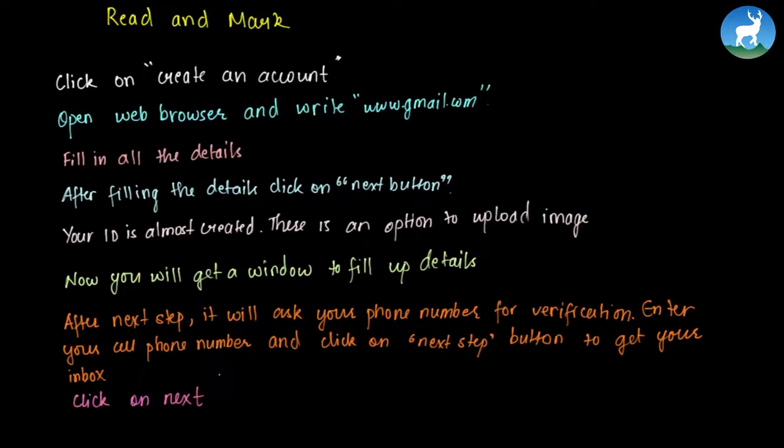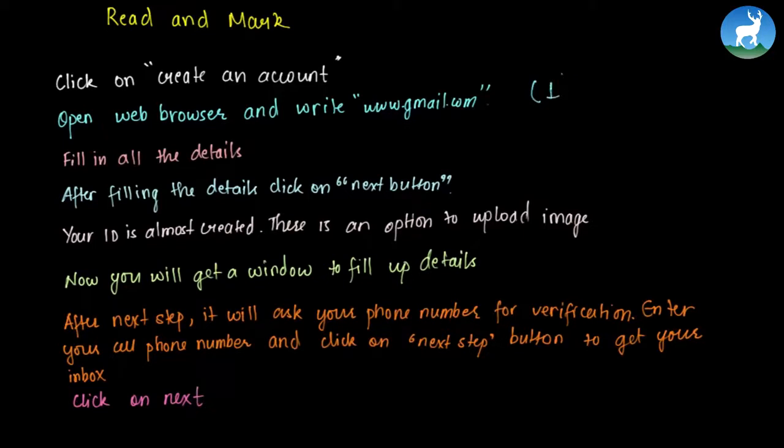Now you will get a window to fill up details. So this is probably the continuation to click on Create an Account. After next step, it will ask your phone number for verification. Enter your cell phone number and click on Next Step button to get to your inbox. This must be towards the end as well, and then click on Next. Now we can see the first step is open your web browser and write